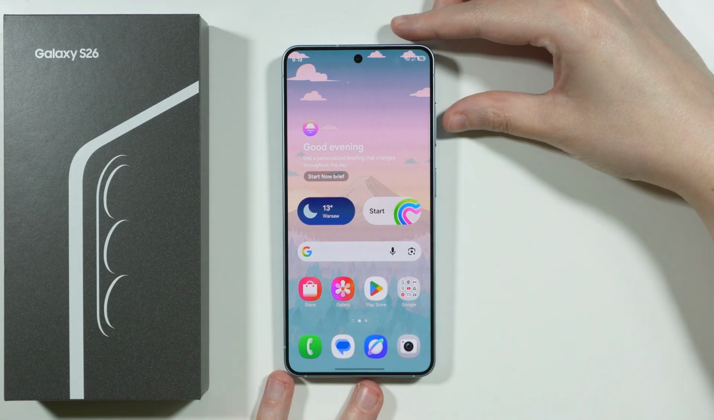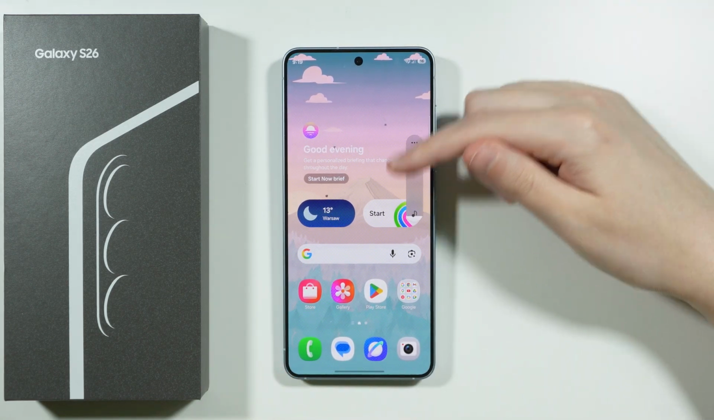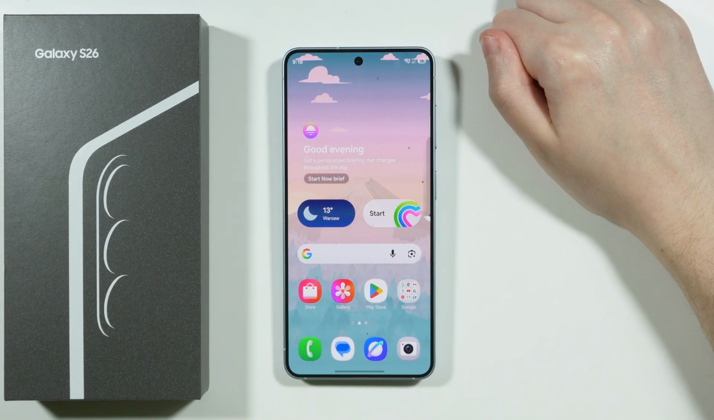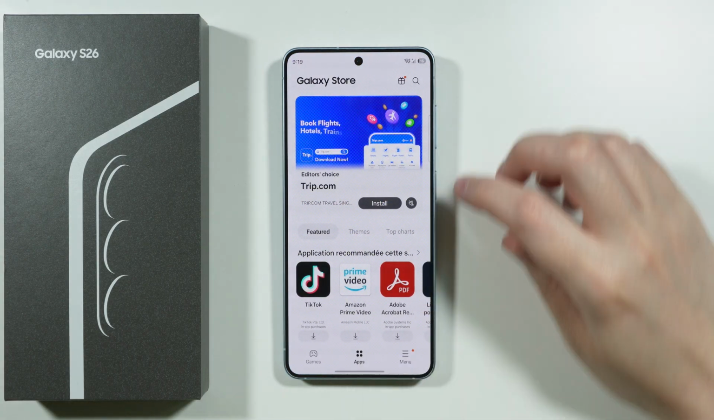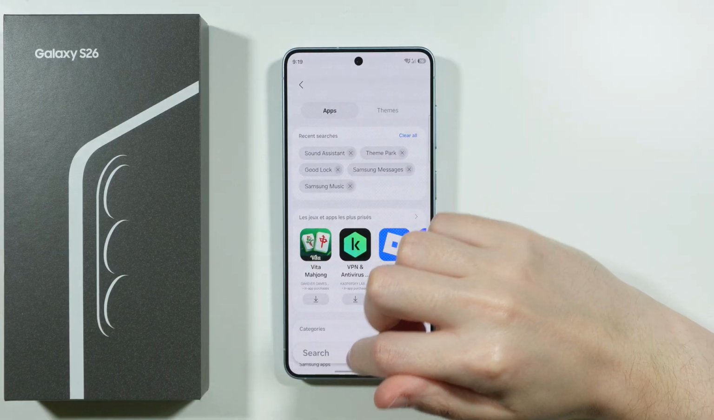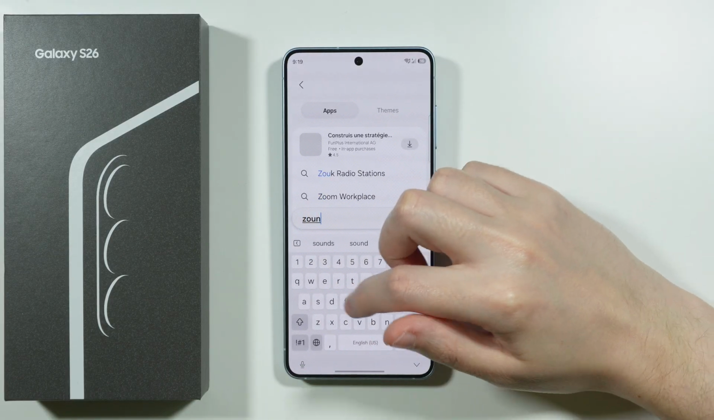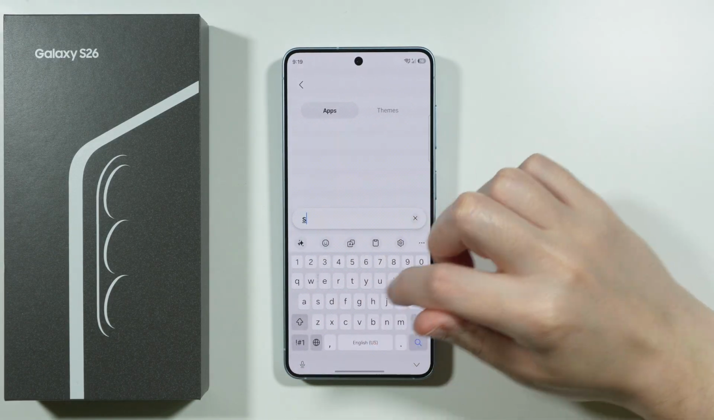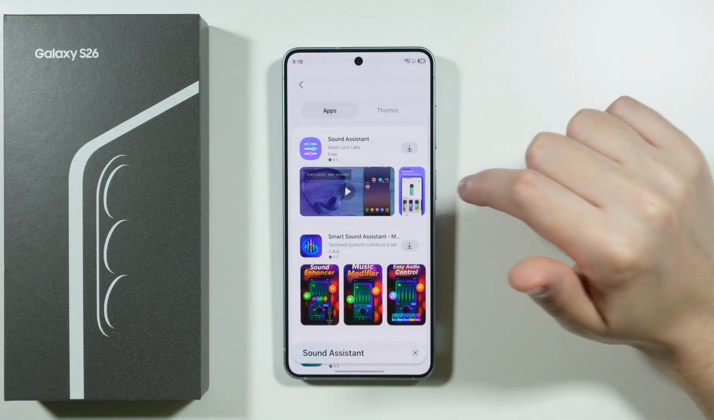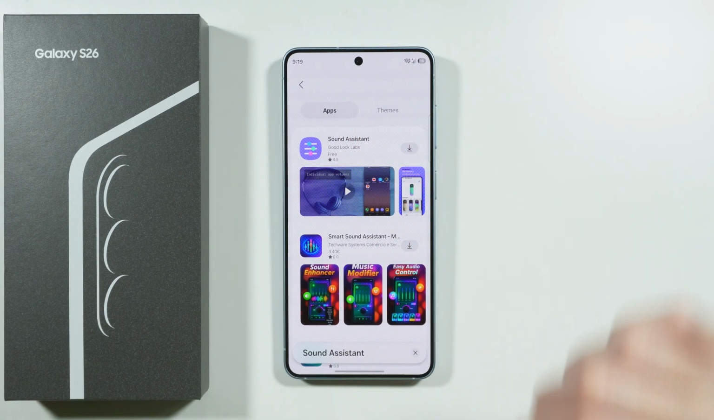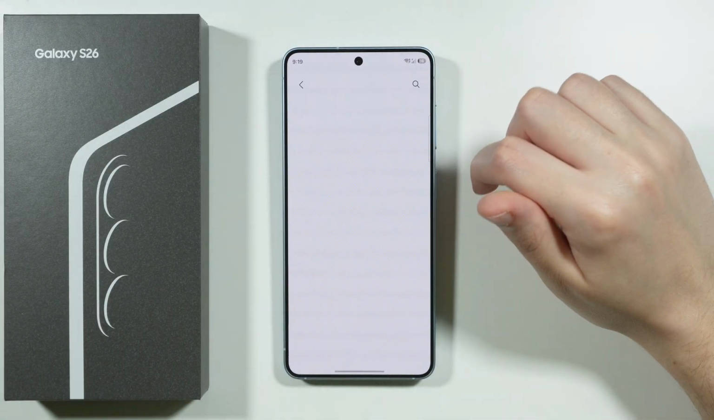If you want to customize the volume slider that appears after pressing volume up or volume down on Samsung Galaxy S26, in that case we need to go to the Galaxy Store, and then over here we can search for an app that is called Sound Assistant, which is an app that is provided by Good Lock. So if you already have the Good Lock app, then you can find the Sound Assistant in there as well. So we're gonna download the Sound Assistant in here,